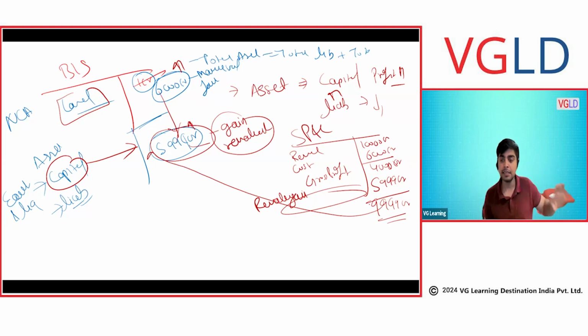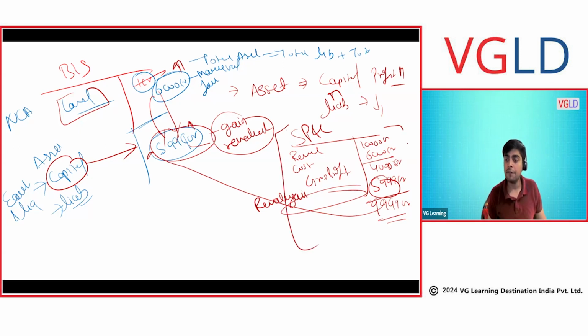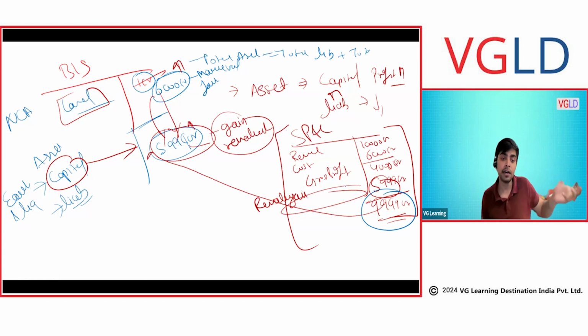First of all, tell me, this 9,000 crore going into capital, any doubt? Why was the corresponding leg there? Because we made it into the profit and loss, and profit and loss got into the capital, right? So now coming back here, if I look at the profit of Mr. Mukesh Ambani, don't you think this would be misleading? This would be misleading because I would see, wow, 9,999 crore profit. But actually their business profit is only 4,000 crore.